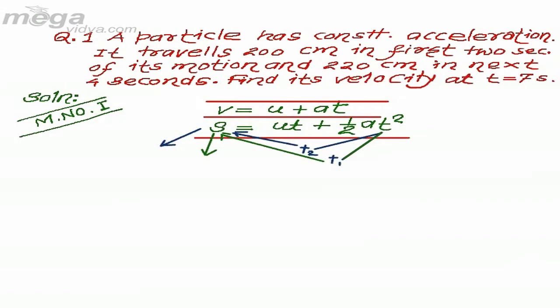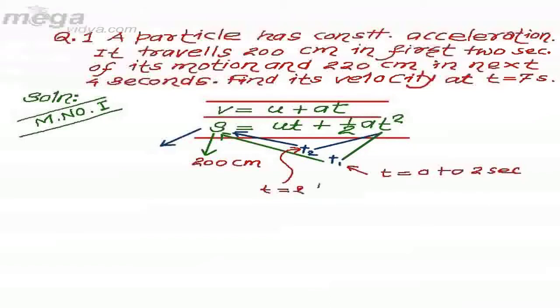For the first time interval t1 of 2 seconds, we have been given a displacement of 200 centimeter, and for the next time interval t2, which starts from t equal to 2 seconds to t equal to 6 seconds, for the period of 4 seconds, we have been given a displacement of